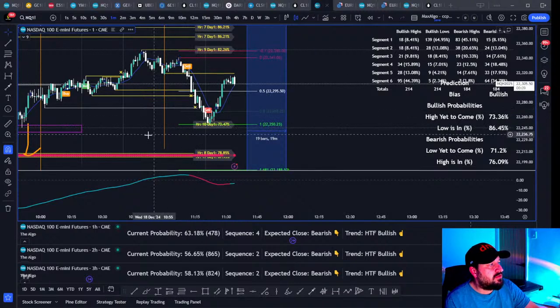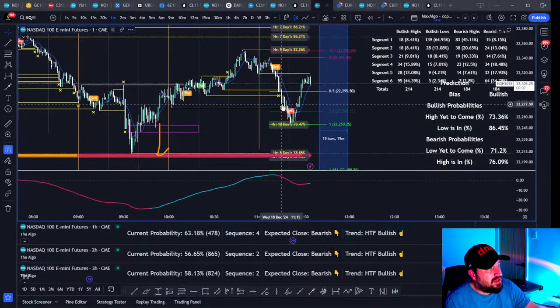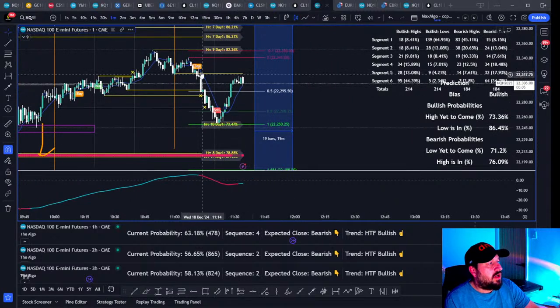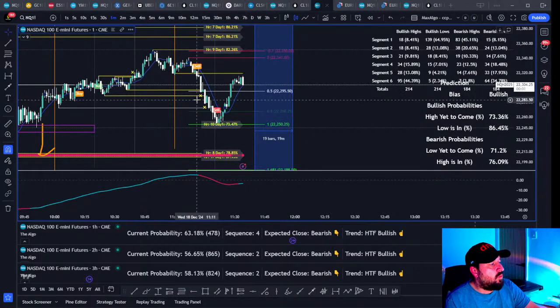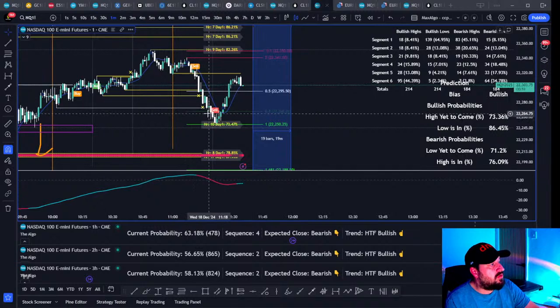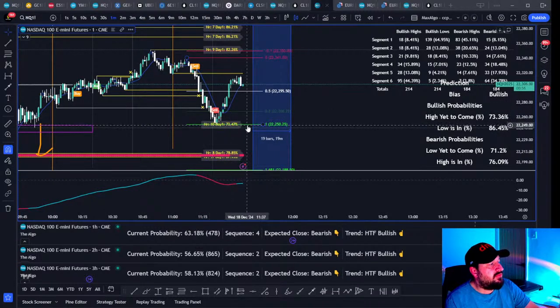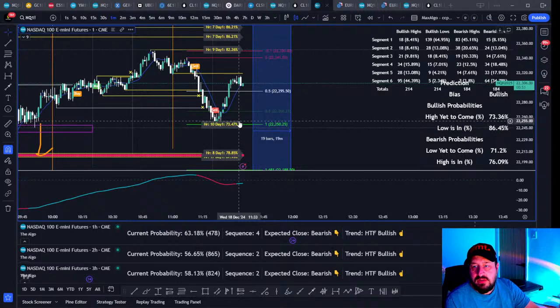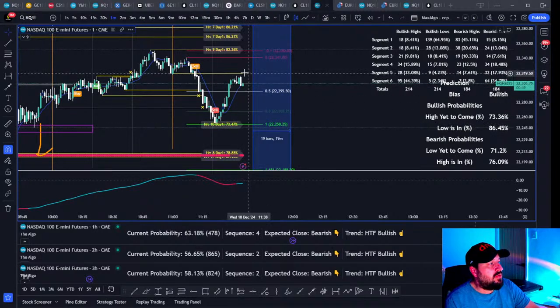We've had 2 signals. We've taken the low of the previous hour. We're closing below the open, right? Here's the open price. Segment 1 closed above, segment 2 closed below, segment 3 closed below, and segment 4 we're due to. So we want to see segment 4 close below. Segment 4 closing above would be a worry, right? So this is a concern if we close above the open. Right now we want to see that close below. That's our first concern.